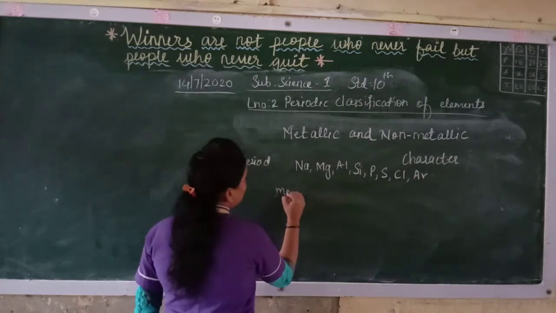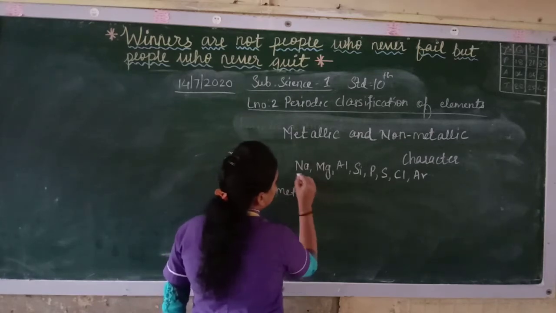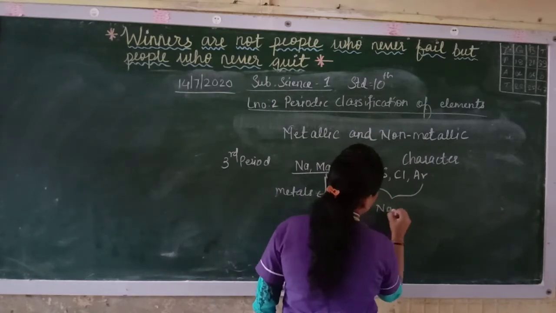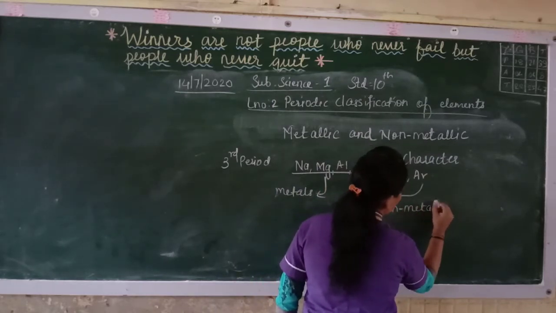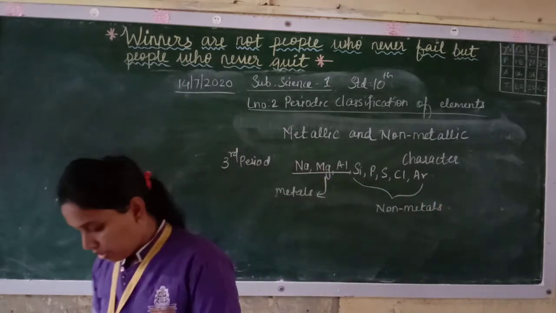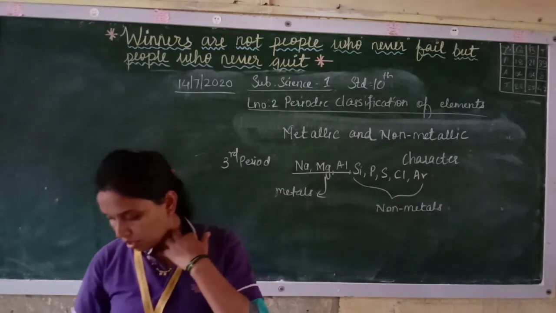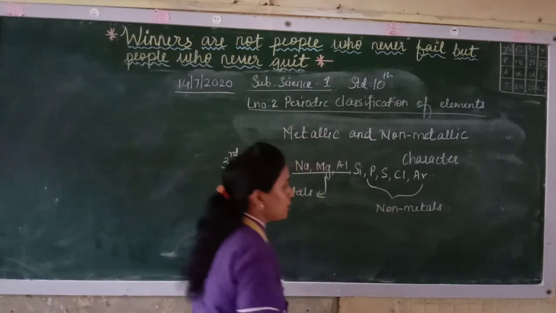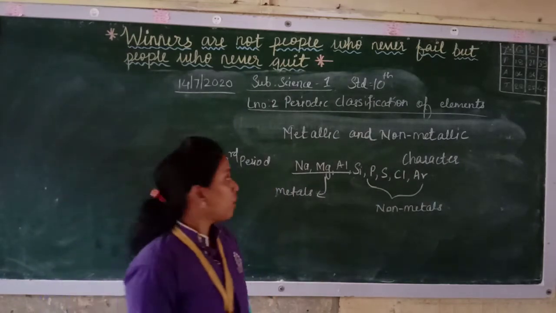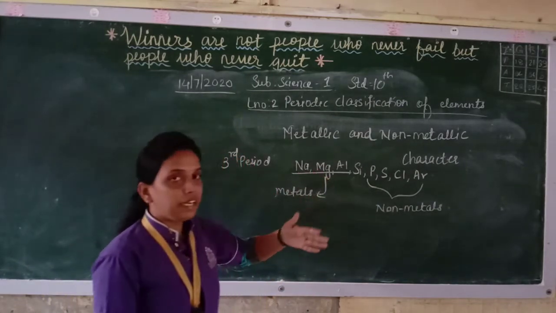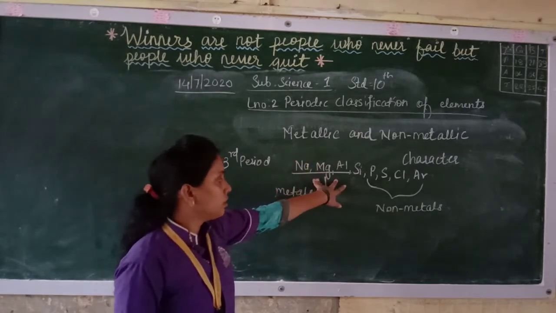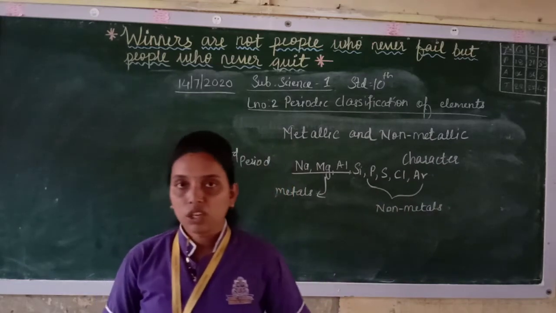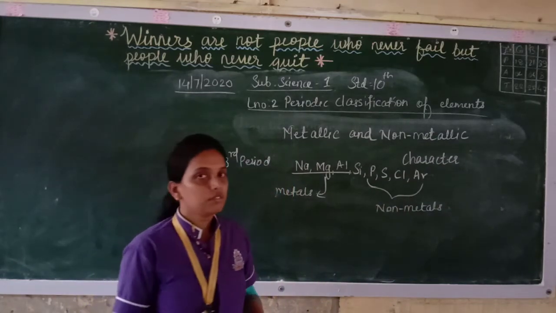Now out of this, you can classify metals. These three are metals. These are non-metals. Here you will find silicon comes in a metalloid. So from phosphorus it is non-metals. Now from the left, metals are arranged on the left hand side. Non-metals are arranged on the right hand side. So metals are to the left and non-metals are to the right side.